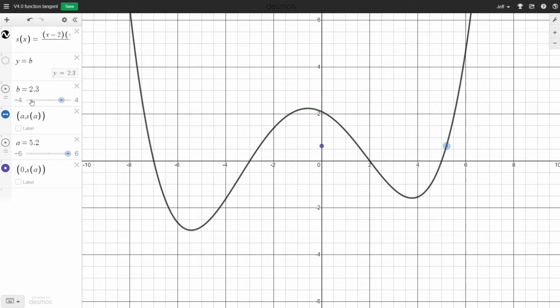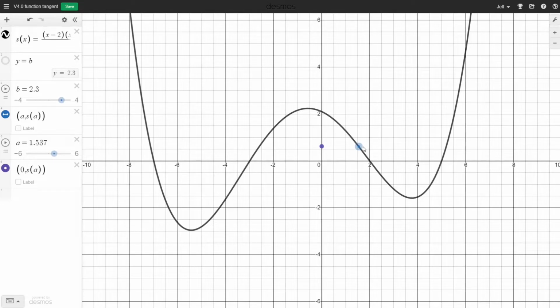Another application was to think of, say, this function as the position function of this point as time moves along. And if we do that, we can see this point moving along here. Sometimes it's moving up, and it reaches a maximum height right here, and then it starts going down, and so forth. And what we're able to do is determine the velocity of this particle by looking at the slope of the tangent line, because the velocity is the rate of change of the position function, the height function in this case, and it's the derivative of that height function.